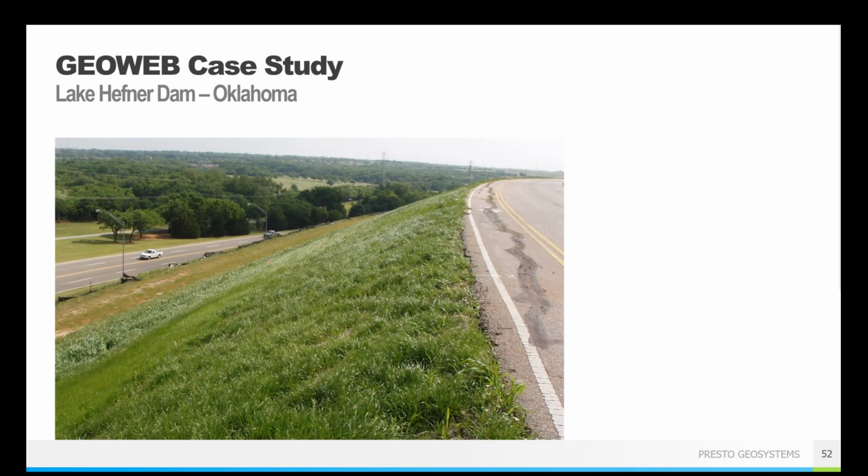And so here you can see once it's fully vegetated, one of the great things is you're not going to see any of the plastic. You're not seeing this big plastic along your slope face. It does just look like a beautiful green slope. No one is going to know that it's reinforced. No one's going to know anything is there. The panels aren't going to work themselves back up to the surface for any reason. And so this is one of the things that is now going to last the lifetime of the project. Typically with dam structures, you see them being a little longer than normal projects, 100 years maybe. The GeoWeb system, like I said, has that 150-year lab testing showing that it is not going to be degrading. It's not going to fall apart. It's not going to become brittle.